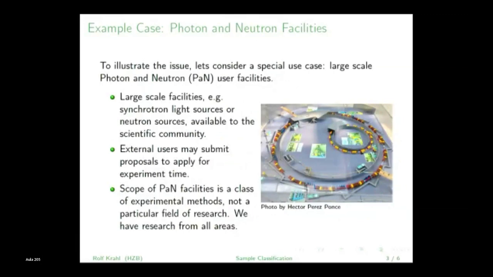And that means users from all over the world may submit proposals to access these instruments to get experiment time. And one important note for the photon and neutron facilities is that they represent a class of experimental techniques, but not a particular scientific domain. And that means we have users from all scientific domains in our facilities. Next slide, please.